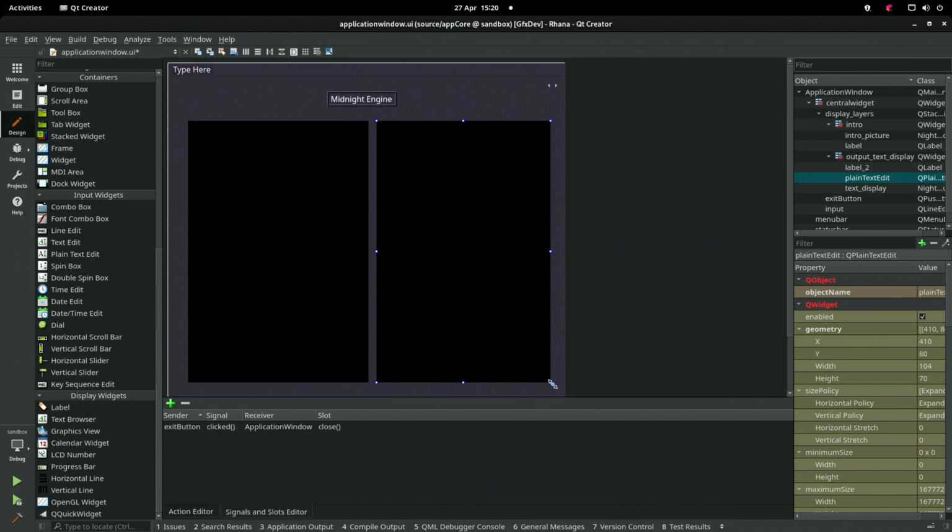You've got 3 dots on the left, put 3 dots on the right. There we go. What we are going to call this is maze text edit, I guess. Comes under the output.